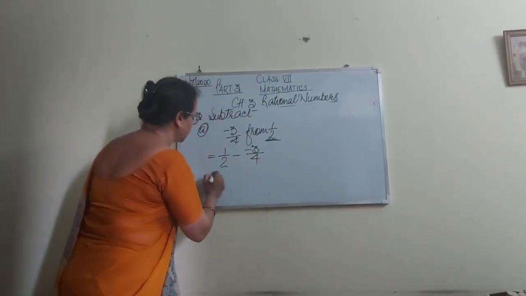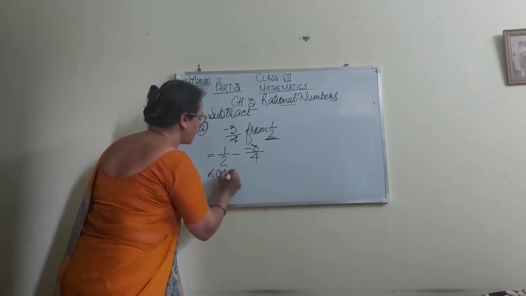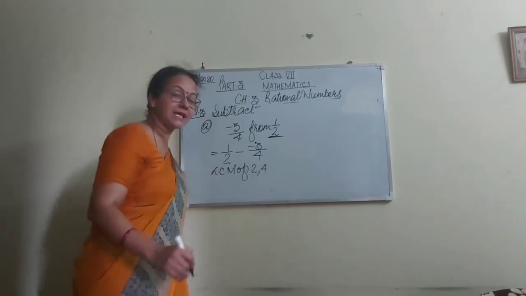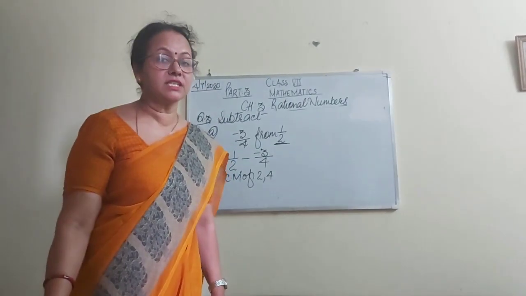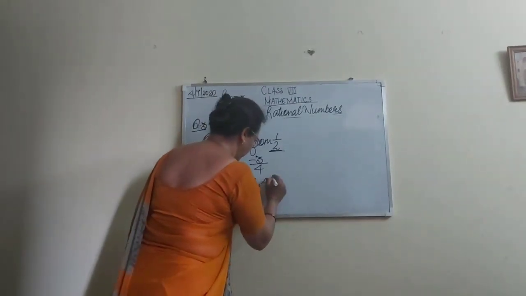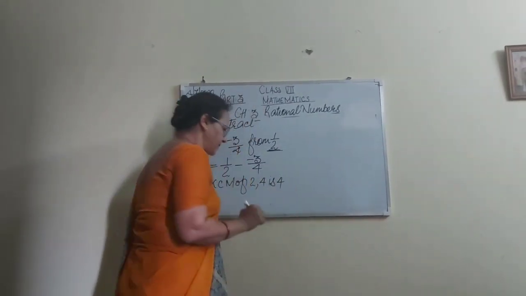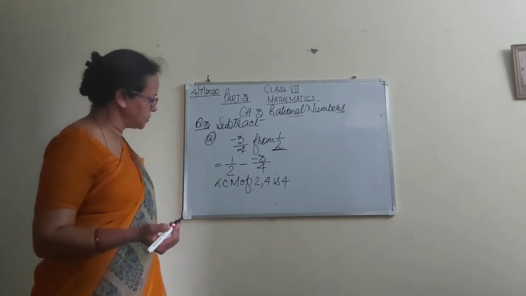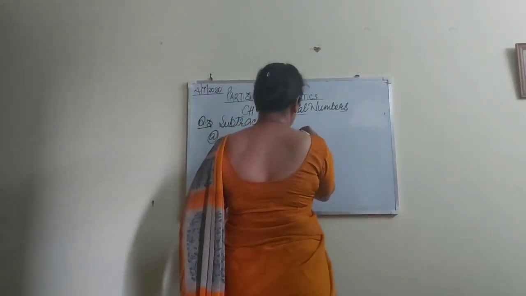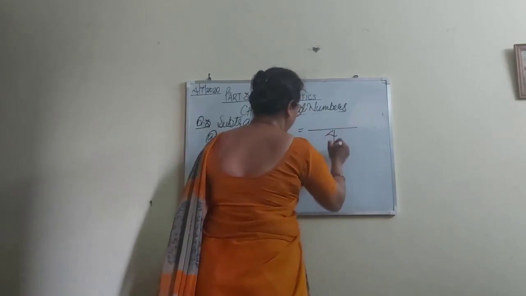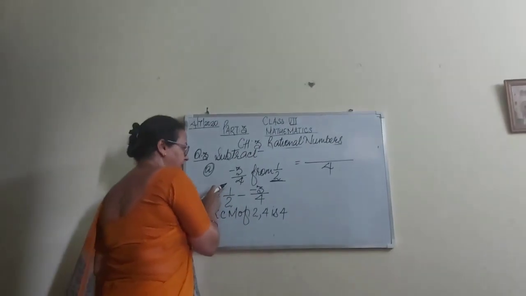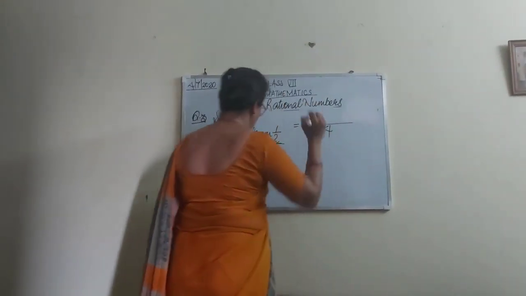Clear? We have to take out the LCM of 2 and 4. What will it be? It's very easy. What is the LCM of 2 and 4? Yes, speak out. Yes, this is 4, because both numbers lie in the table of 2 and the bigger number will be the LCM. That's right. So the LCM is 4. 4 divided by 2 gives you 2. 2 will be multiplied with 1. This is 2. That's right.